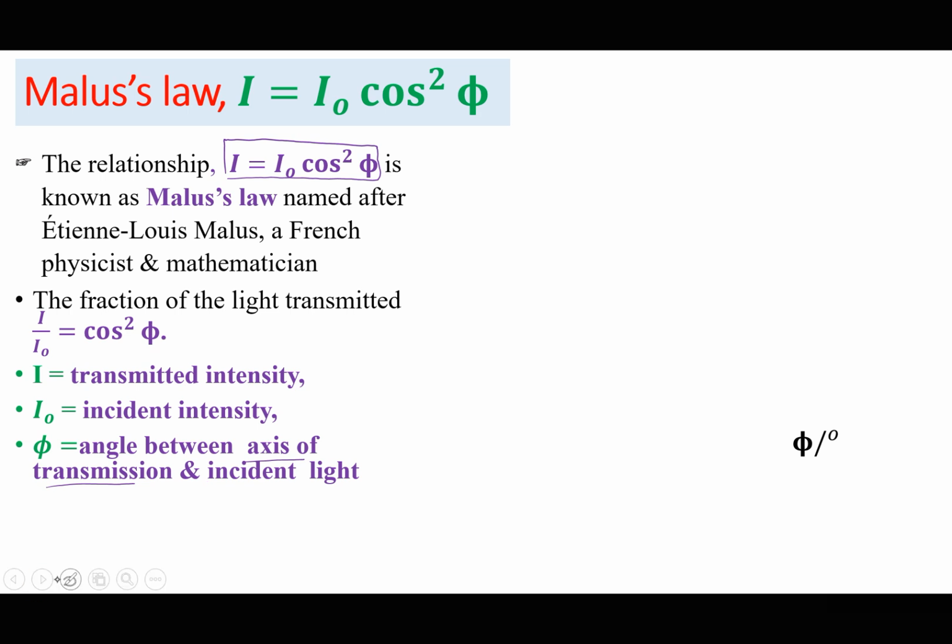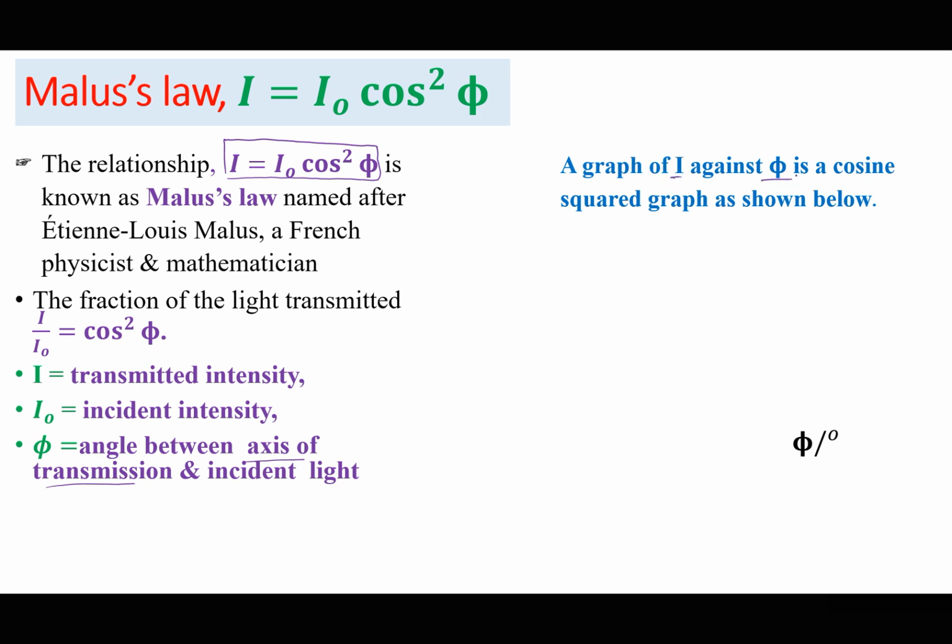So if I was to sketch a graph of I against phi, from this equation, I is equal to I naught cos squared phi. As a mathematician, you notice that when phi is 0, I is the same as I naught. So that means this is a cosine curve. When phi is 0, I is the same as I naught. When phi is 90, I will be 0. So you can now sketch a graph of I,